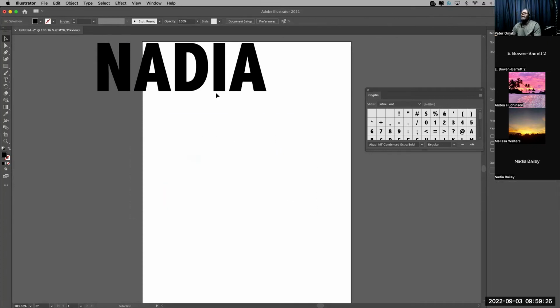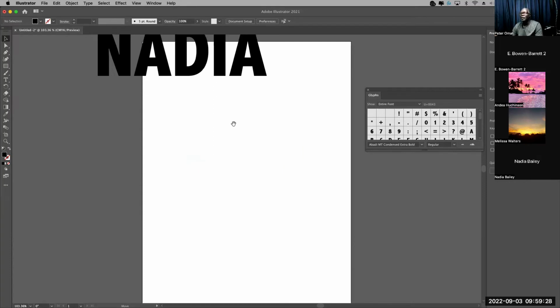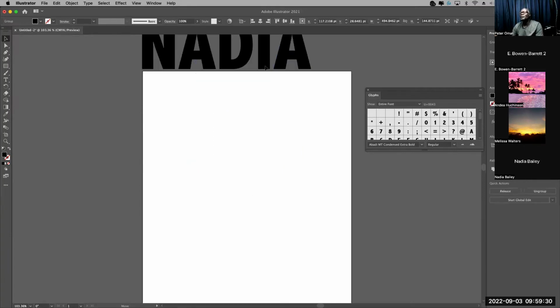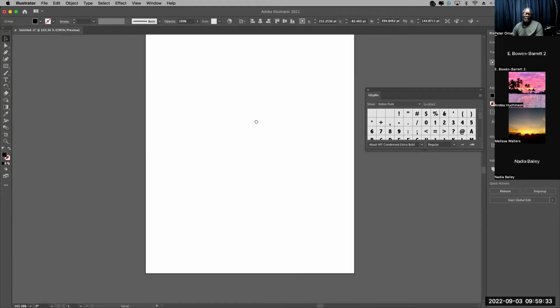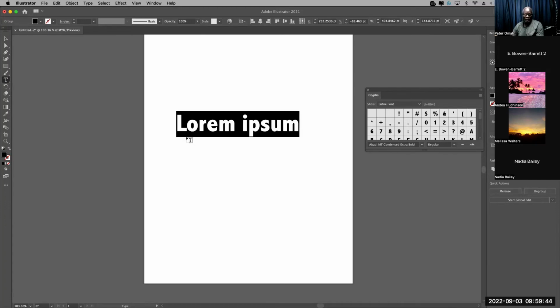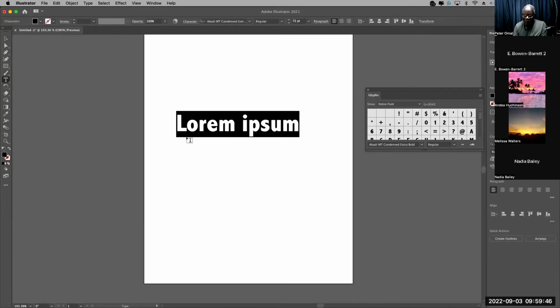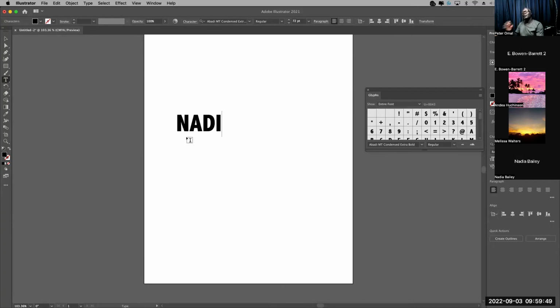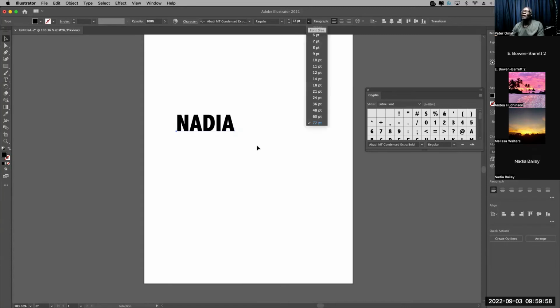This week we are going to learn about type effects. So the first thing that I did, by going under the T, is select the Type tool, click on that, and type a word. Are we good? From this point, you can change the size by going directly to the menu, or you can